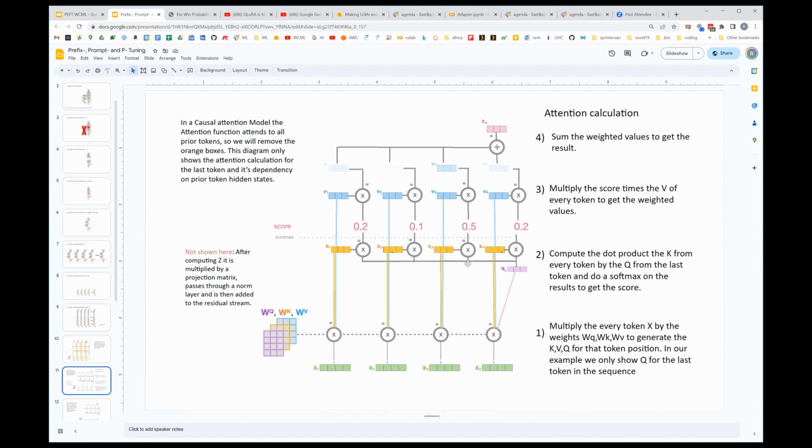And right now we're only focusing on the prediction of the last token, so I'm only showing the query from the very last token in the sequence. But it again is a multiplication of the input token, actually the embedding of the input token, times the weight matrix. Once you get these QKV